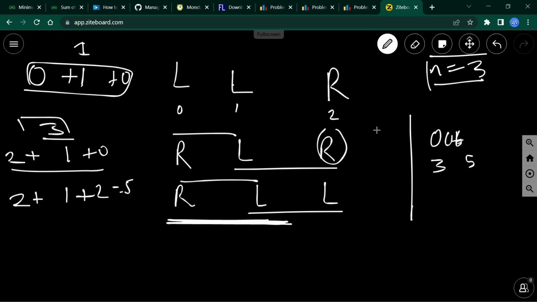and I have made the first change, second change, and the value of n is 3, so I can make one more change. Okay, I have changed this value and this value, and the remaining one is the middle one. So I will make R